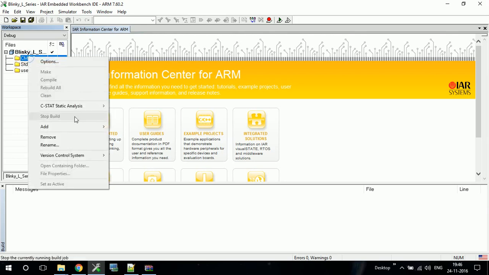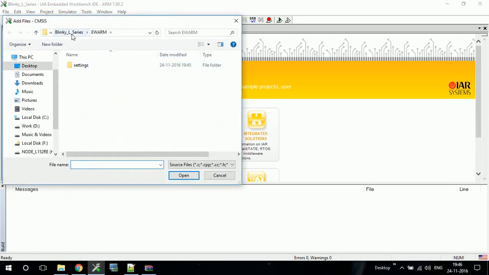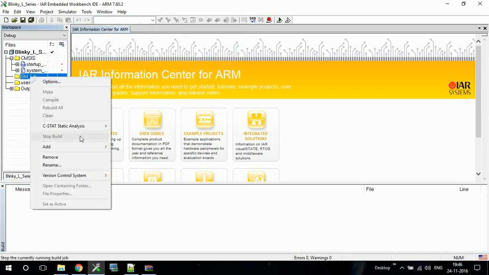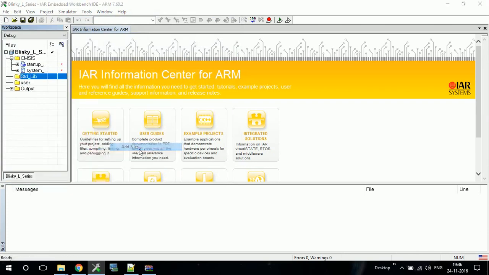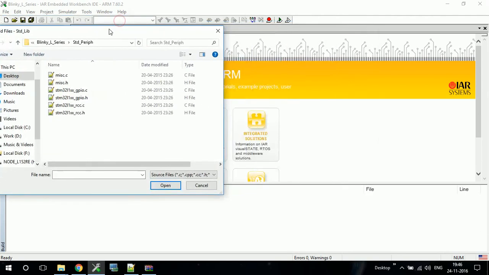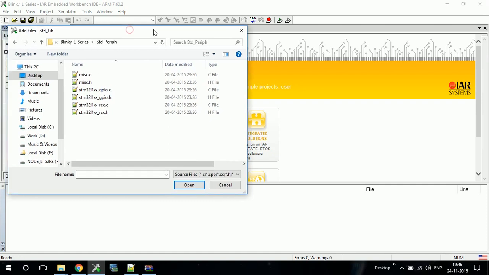So now let us add the files. For adding the files, you need to add only .c and .s files, that is source files and assembly files. Standard peripheral libraries are those files which are used to control GPIO or whatever peripheral you are going to control.